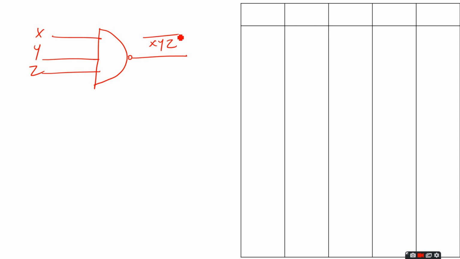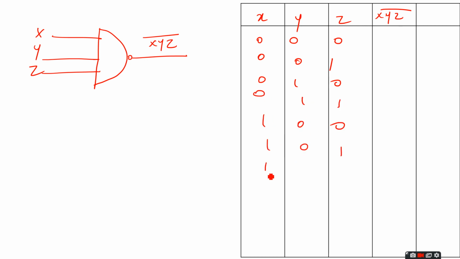Now we can pass three input signals to the NAND gate. So X, Y, Z. Passing through NAND gate, we will get XYZ whole complement. Now we are drawing the truth table for this NAND gate: X, Y, Z, XYZ whole complement. Three variables means 8 combinations of zeros and ones: 0, 0, 0, 0, 0, 1, 0, 1, 0, 0, 1, 1, 1, 0, 0, 1, 0, 1, 1, 1, 0, and then 1, 1, 1. After that, we have to find XYZ complement.